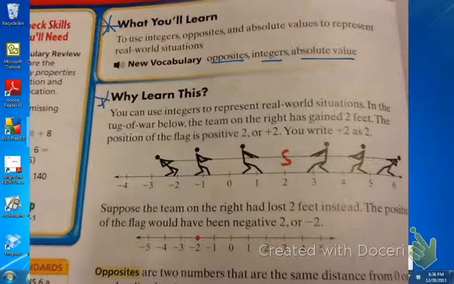So why do you need to learn this? Well, you can use integers to represent real-world situations. For example, in the tug of war below, the team on the right has gained 2 feet. And then if you look, the position of the flag is at a +2 or 2. You can write it either way. You can write this as +2 with the plus sign, or just 2, which we know is positive because it doesn't